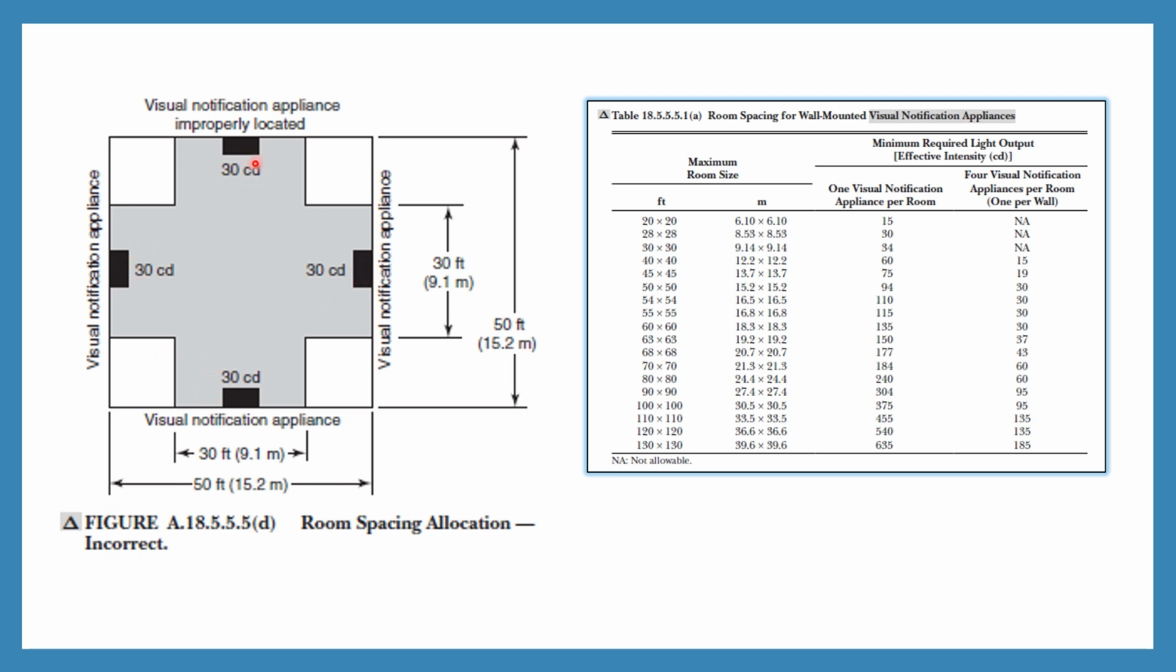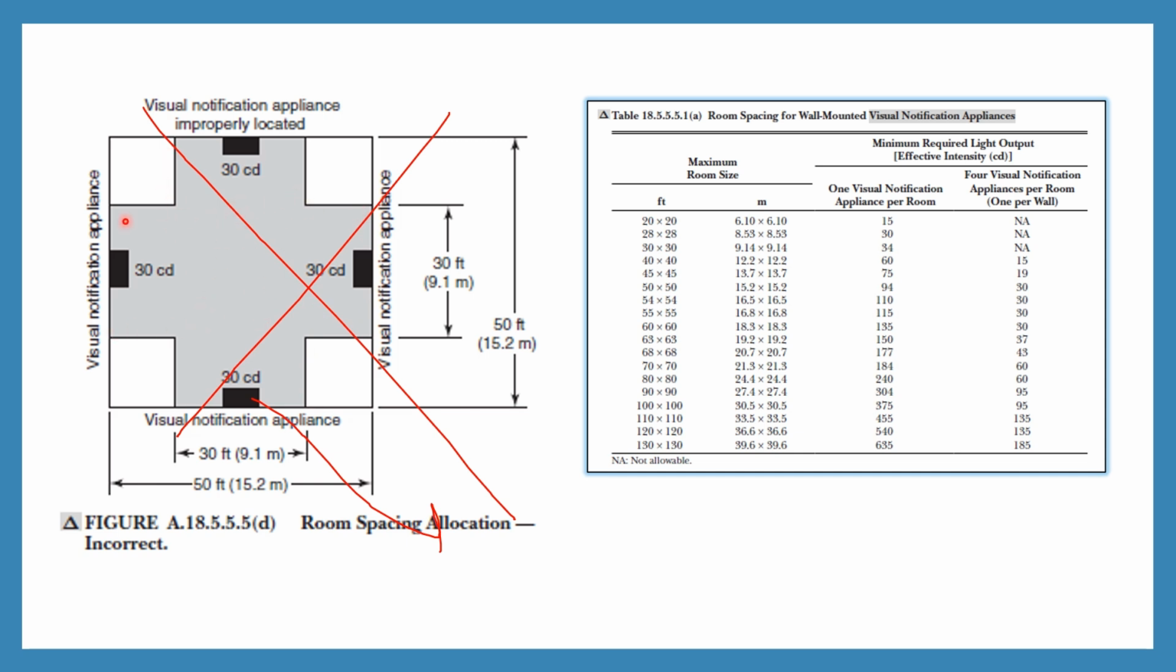However, here the coverage is not met. We can use 4 number 30 CD, but why is the coverage not met? If you look at this particular figure, I installed the strobe at the center of the wall, 30 CD. However, the coverage area for 30 CD is 30 feet by 30 feet, or we can say 28 feet by 28 feet. So here if I consider 30 feet multiplied by 30 feet, then the strobe can cover only this particular area,